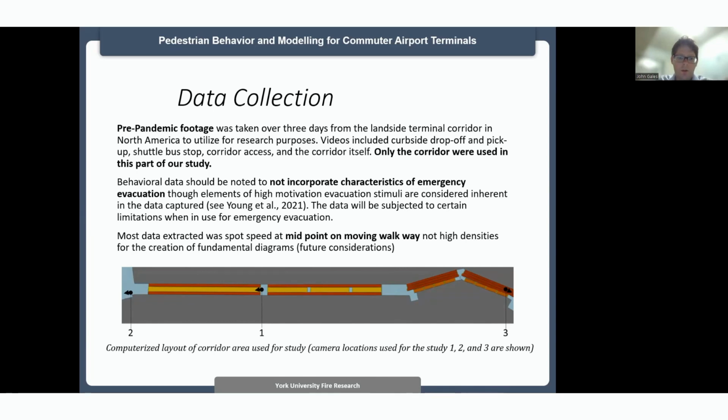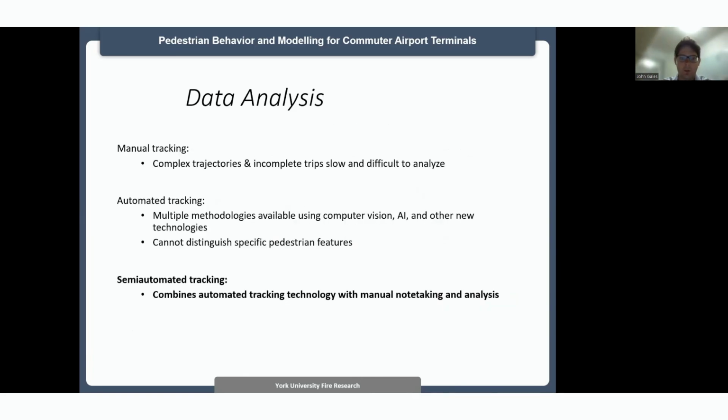When we looked at generating speeds, we were looking at speeds of individuals moving on particular walkways and also on people movers. And effectively, we were monitoring them over a specific length, which was a very linear length. So we had very good reliability as to what distances, speeds and times people would be moving over in these spaces. You can get a viewpoint of what the corridor looks like below, and there are 3 specific cameras that we're looking at.